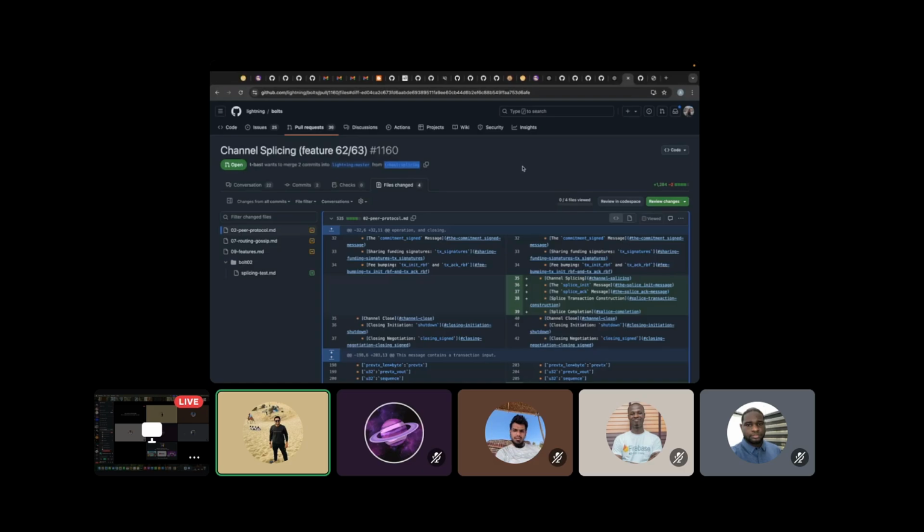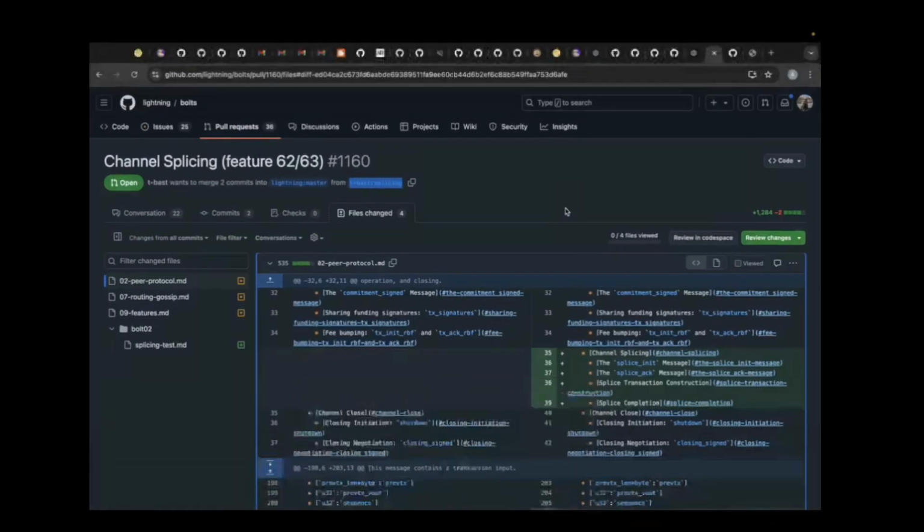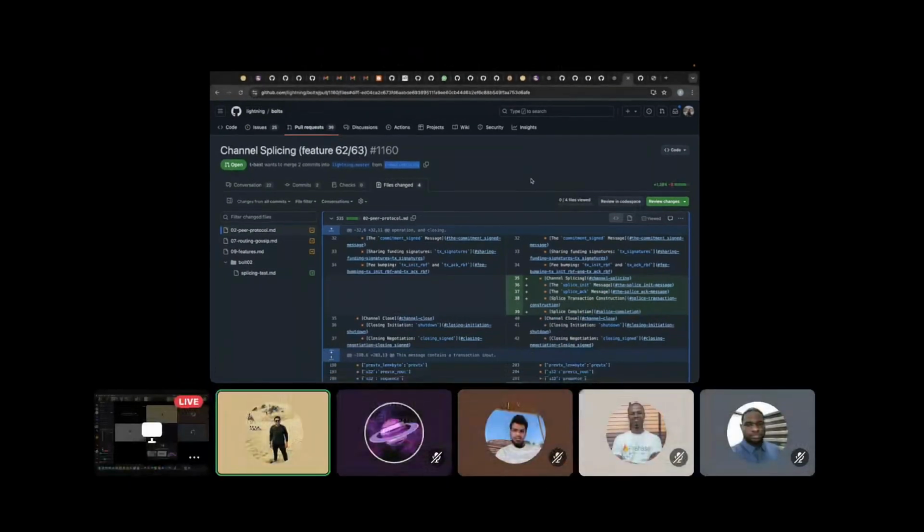So today we are going to see what happens at the back end and how it affects the end user and what all things are included to implement this. So this one here is the pull